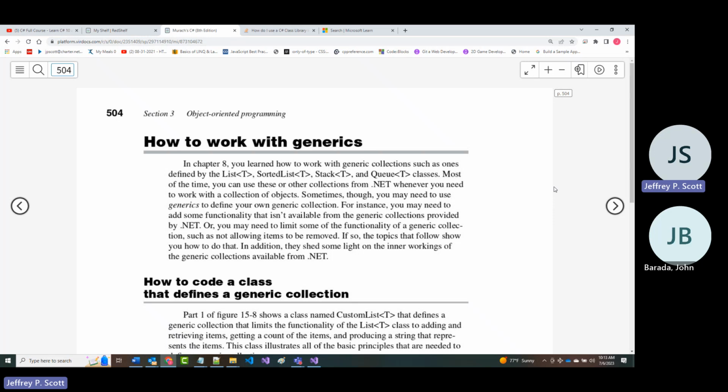But sometimes you may need to define your own type of collection. And that's where generics come in. Since, for instance, you may need to add some functionality that isn't available from one of the collections provided by .NET. Or you might only want to allow certain things that are provided by the generic collection of .NET.